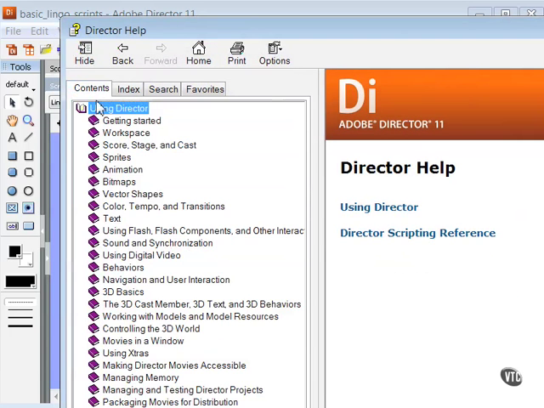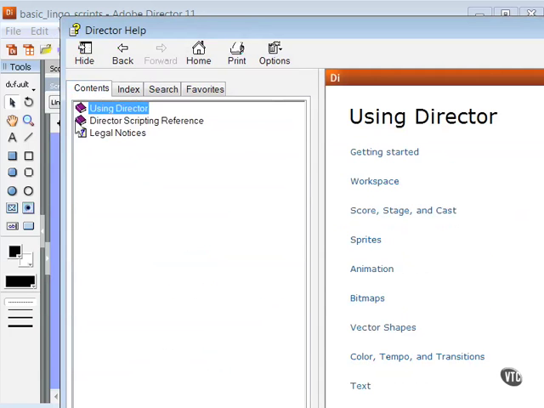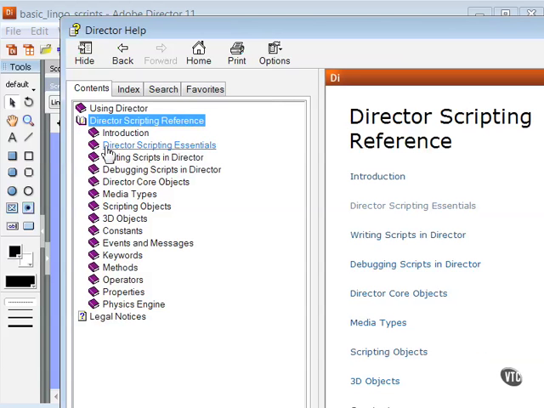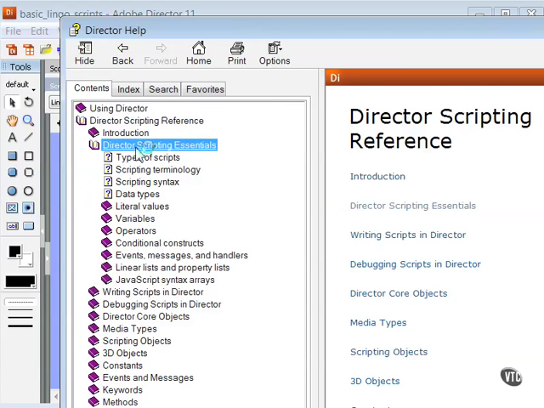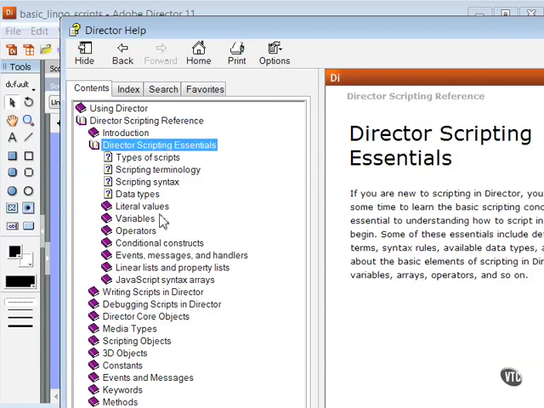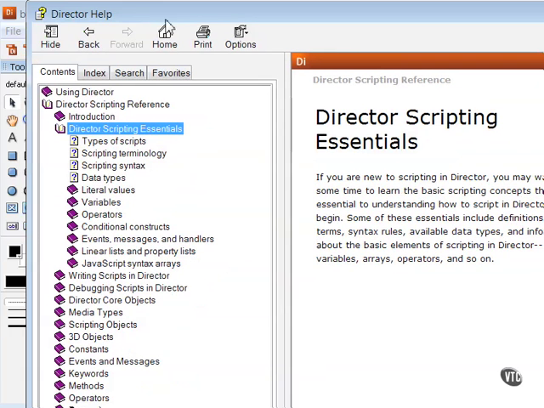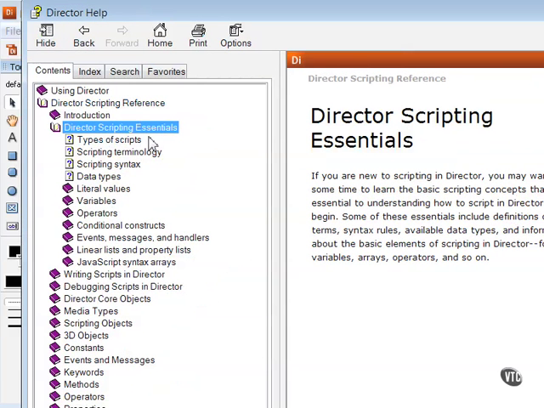That's going to be found in the Contents tab. Notice that there's 2 sections, Using Director and Director Scripting Reference. Inside of that Director Scripting Reference is also Introduction and then Director Scripting Essentials. I recommend that you start with Director Scripting Essentials, read through this section, and then go in order down the various categories here, which will serve as a review of what I've covered here in this section of the tutorial: